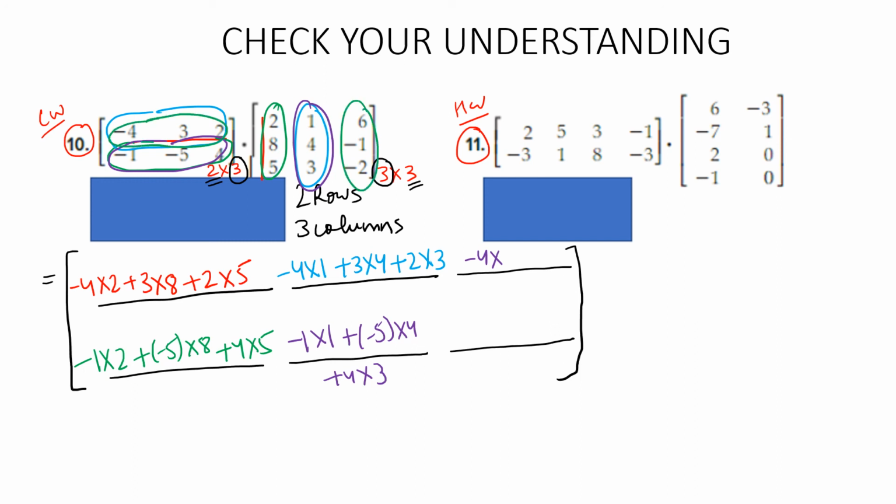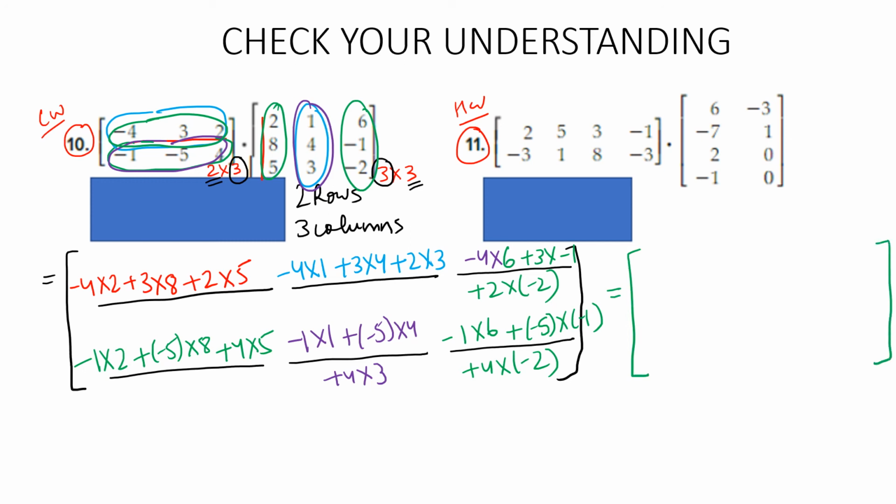So negative 4 times 6 plus 3 times negative 1 plus 2 times negative 2, and similarly last but not the least, negative 1 times 6 plus negative 5 times negative 1 plus 4 times negative 2. So as you see, a lot of signs here. We need to be very careful with the sign convention not to make any sort of mistake while we're doing